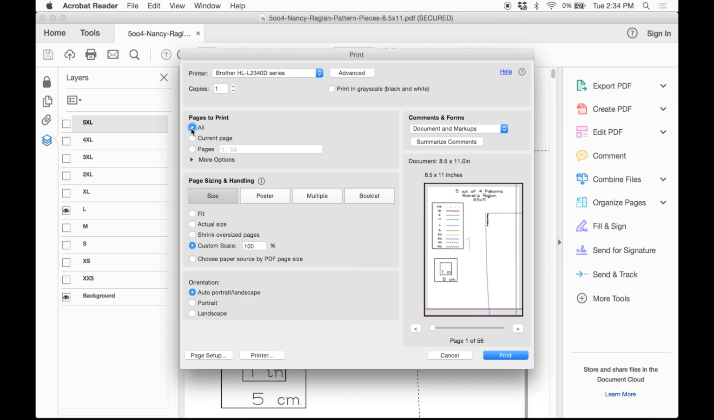The next really, really, really important thing is page sizing and handling. Now, sometimes it will automatically do fit to page or actual size or shrink or whatever. You've got to check this each and every time you print. I don't care if you've printed 100 times, check it every time. You can either click on actual size, that works for many people, or you can click on custom scale. That is what I click on,